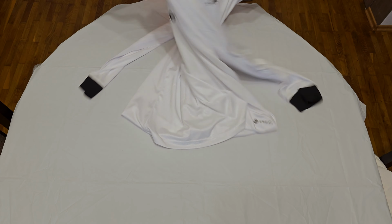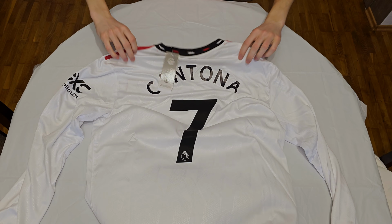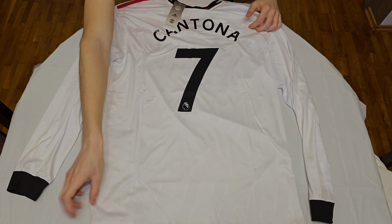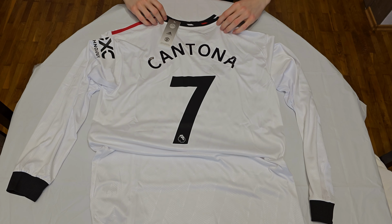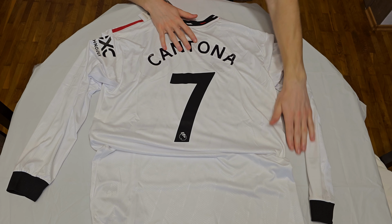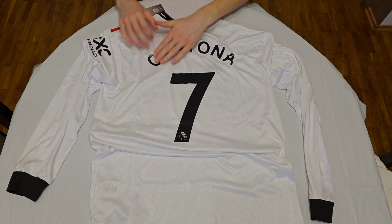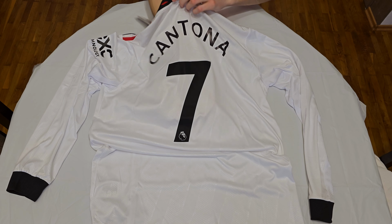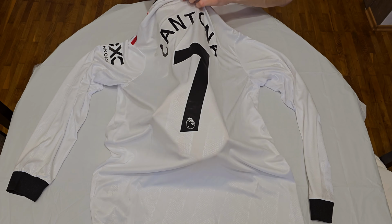But now let's go to the back of the jersey, because it's customized with a legendary player, at least for Manchester United's history. Cantona number 7, really beautiful letters, so of course the original font, as it's always with these jerseys. On the bottom you can see the Premier League logo and this matte black heat pressed number 7,